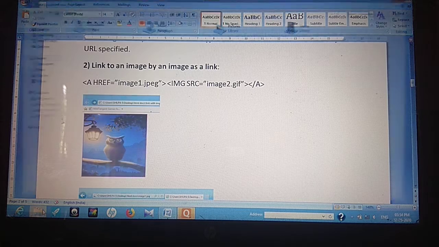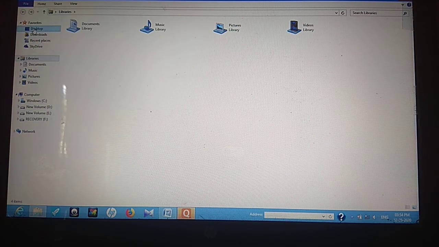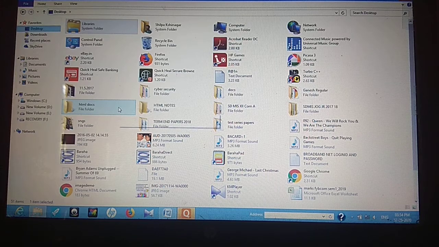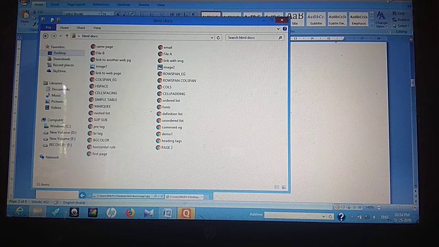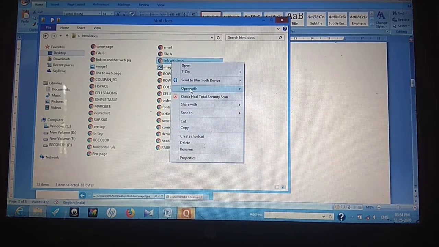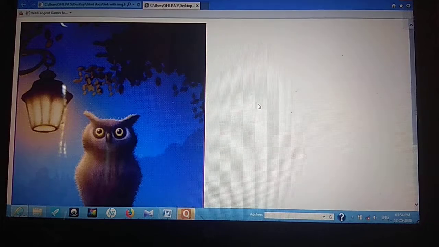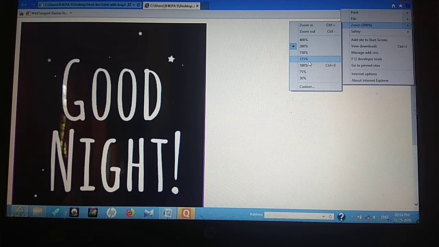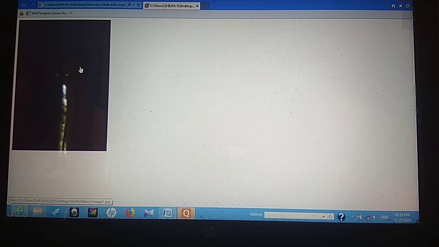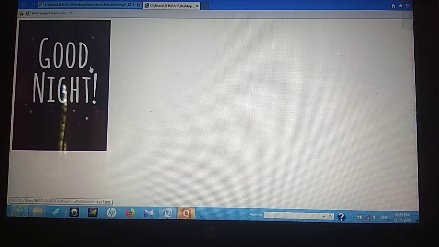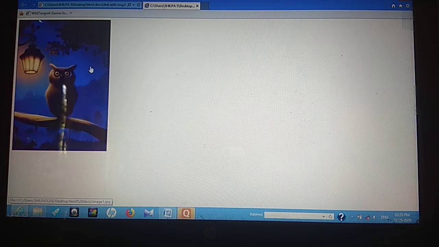I'll show you one example. This is the image you can see on the page, and after clicking on this I'll go to another image which is linked with this one.